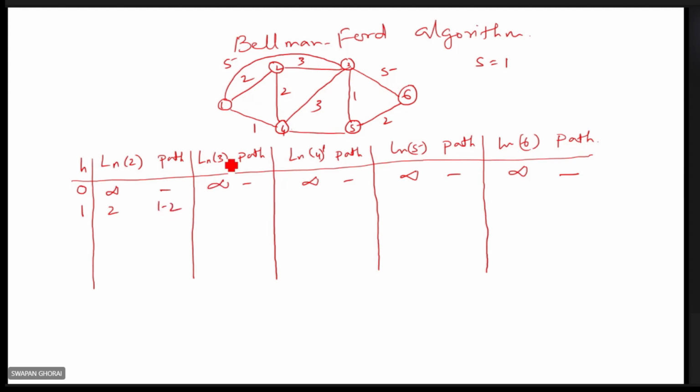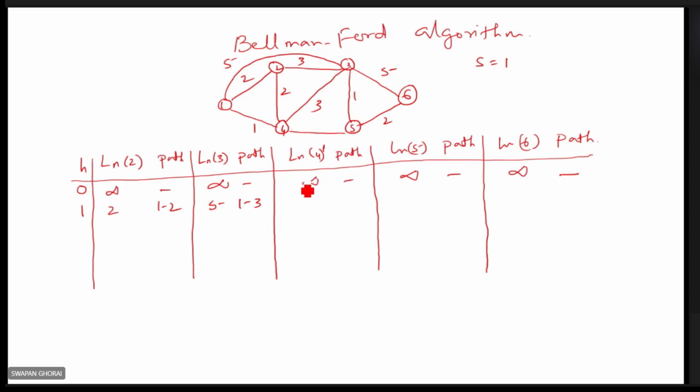Right. Next is 1 to 3. Since the direct connection is here, that 5 you have to consider. Of course, you can consider 1 to 2 to 3, but that is 2 hops. If that cost were less, suppose it is 2, then 2 plus 2 maybe 4, it will be less. But one hop is here, so you have to consider this one. If the source to destination is not covered in one hop, then it will be infinity as before.